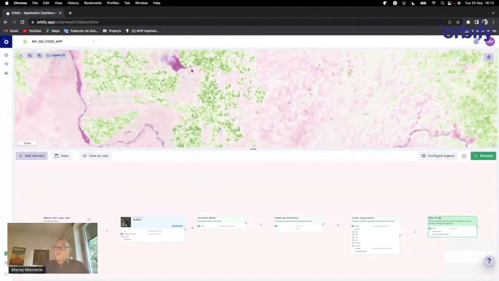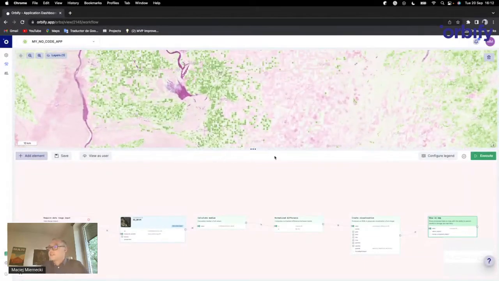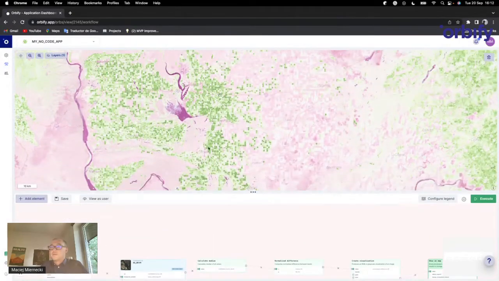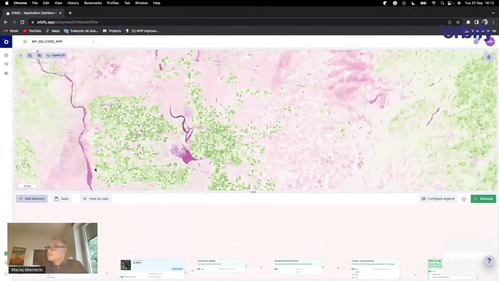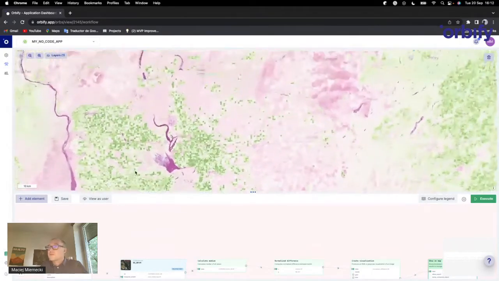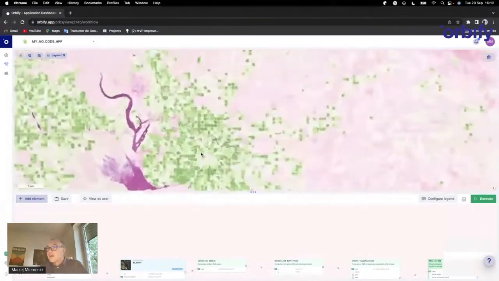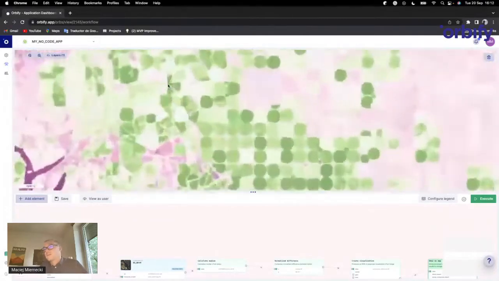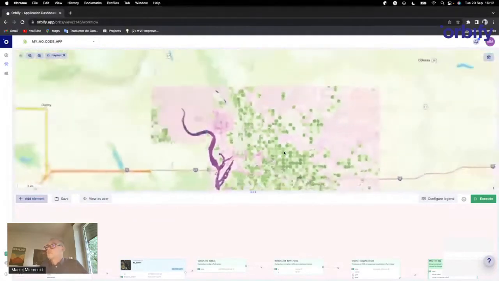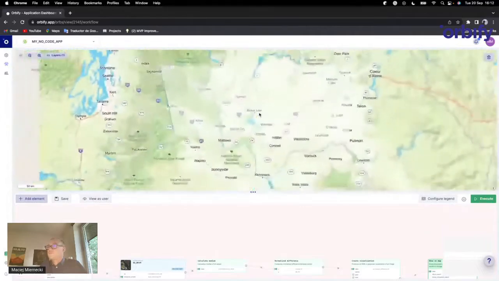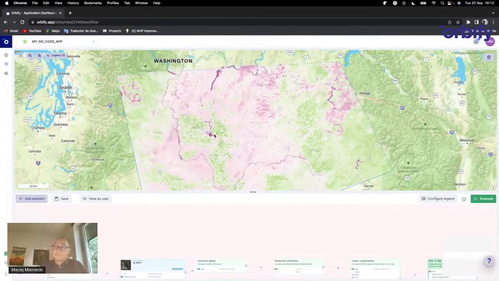Let's go to the Chichuan Desert in the United States, in Washington State. We can see the river, Columbia River, and lots of irrigated farms in the desert. Excellent. In principle, it works. So now let's go to the